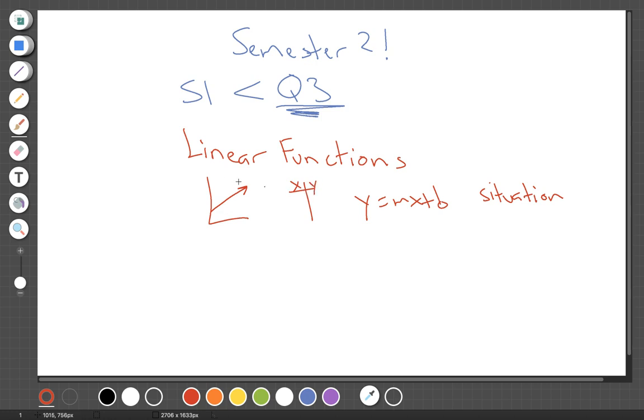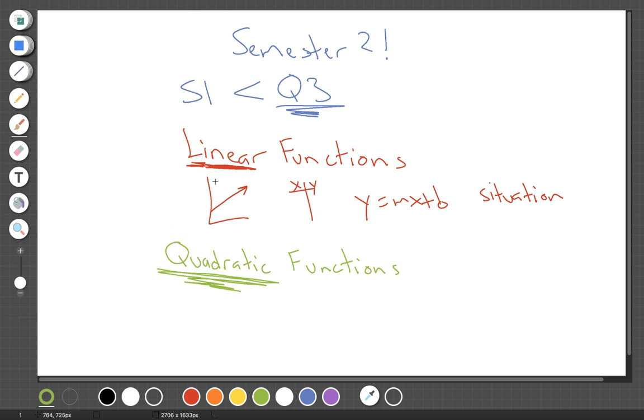And what we need to realize, though, and what we're jumping into is that not all things in our world are modeled by straight lines, right? That's actually a very select group of things that would be modeled by a straight line. So how do we start to model things that are not straight lines? And that's where we get into what we're talking about in this unit, which is quadratic functions. And quadratic functions are the cornerstone of 10th grade math. 10th graders all across the country are learning about quadratics, and it is a little bit more advanced than linear,